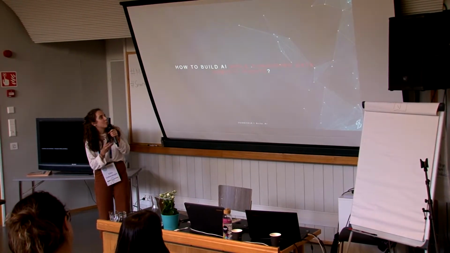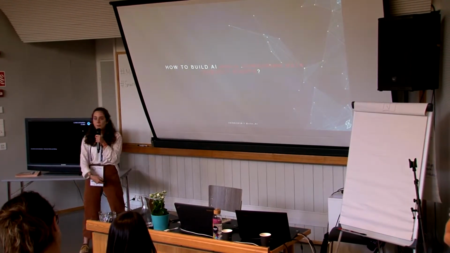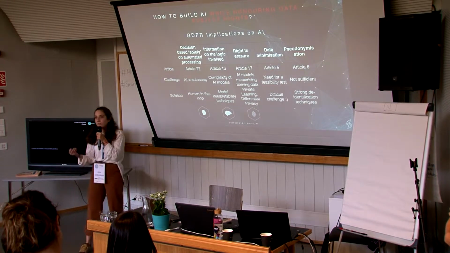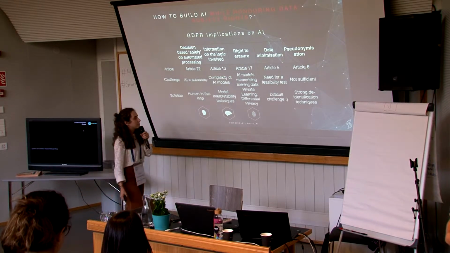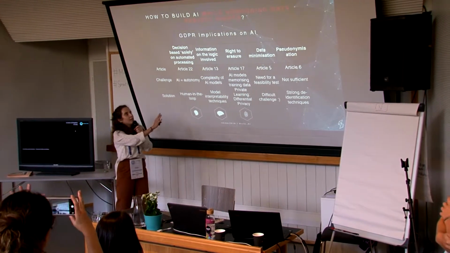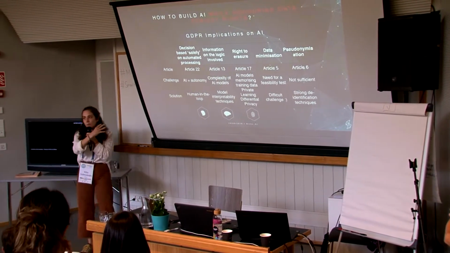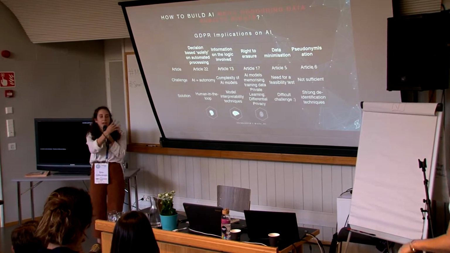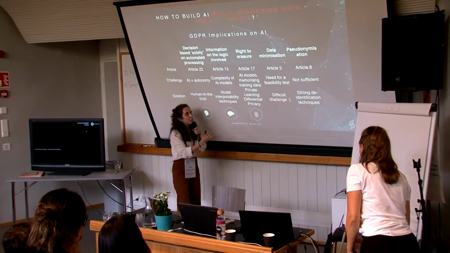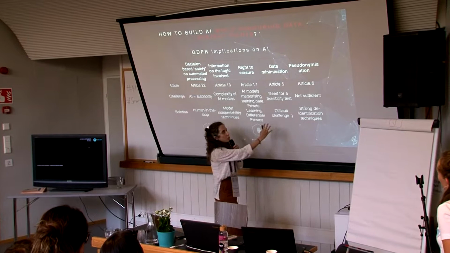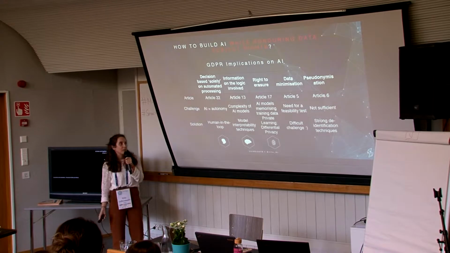So when I say while honoring data subject rights, what are these data subject rights? How would I define them? I use GDPR as the framework to define these data subject rights. These are the articles which I believe concern AI, which we should consider when we are building AI. Especially these three are the ones that we should directly consider. But these two are more that anyone will basically need to consider if they're working with personal data.